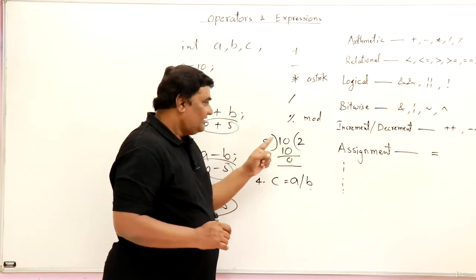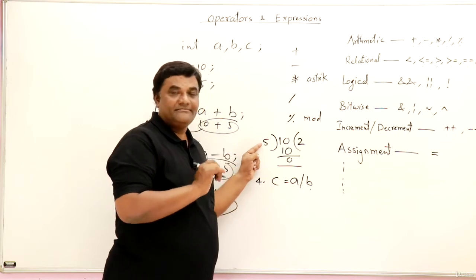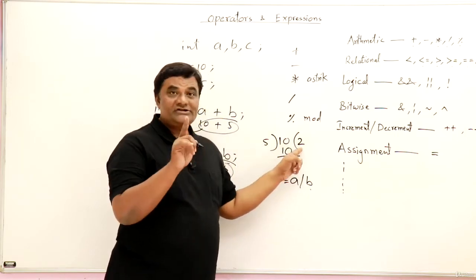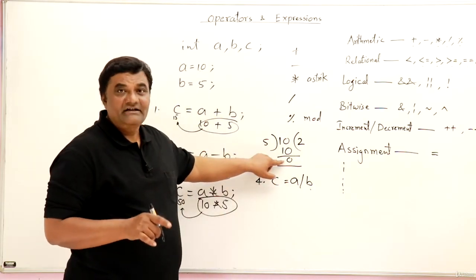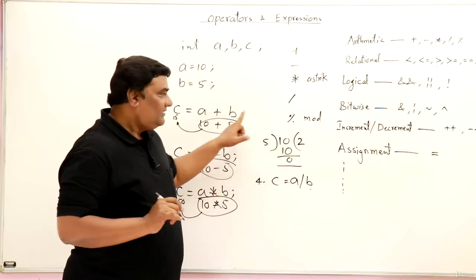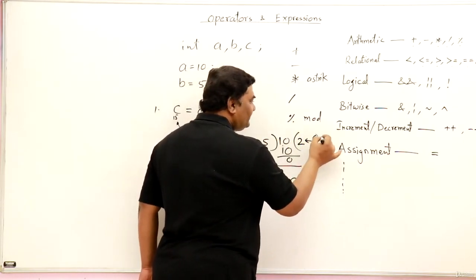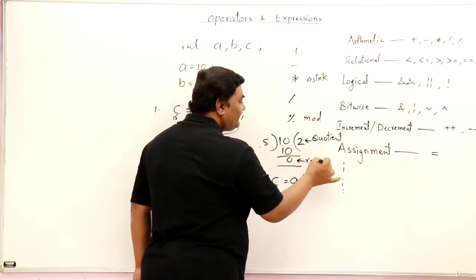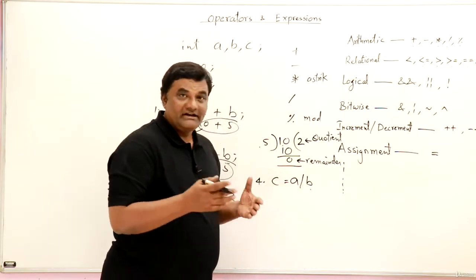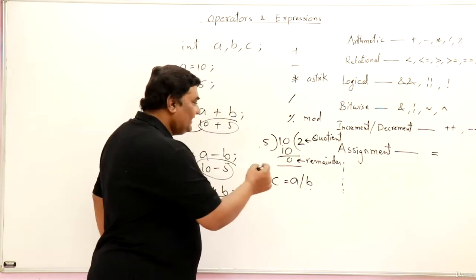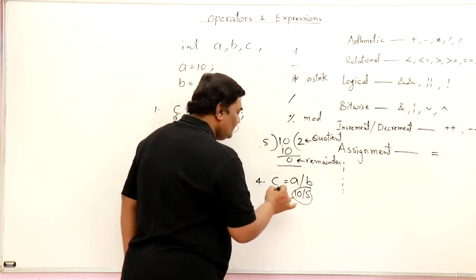Let us learn this. This is the dividend. This is the divisor. And this is the quotient. And whatever is remaining after dividing is the remainder. Dividend, divisor. This is important for us. This is the quotient and this is the remainder. So when I use divide, what do I get? If I use divide, I get the result, that is the quotient. So 10 divided by 5, the quotient is 2.